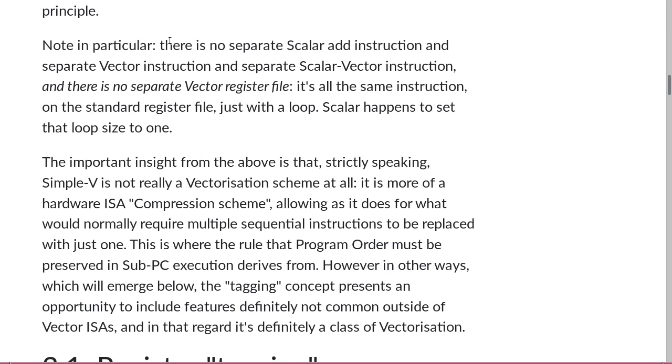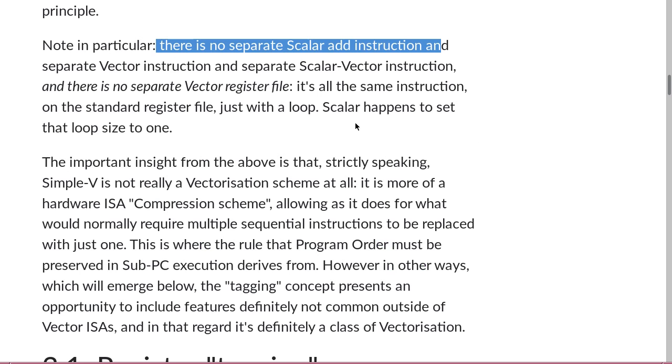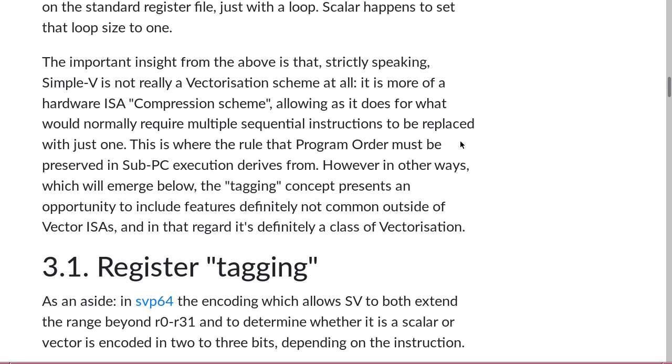Now, there is no separate scalar add instruction and separate vector instruction, and there is no separate vector register file. It is literally the same scalar instruction set and the same scalar register file. Consequently, we can view SUBVL as not being vectorization at all, but as a hardware compression scheme, because you are literally taking add R0, add R1, add R2,